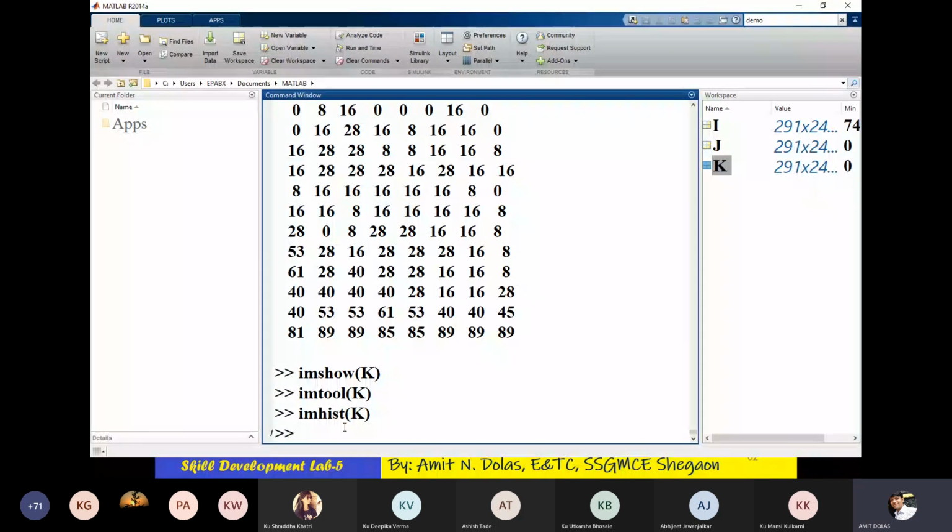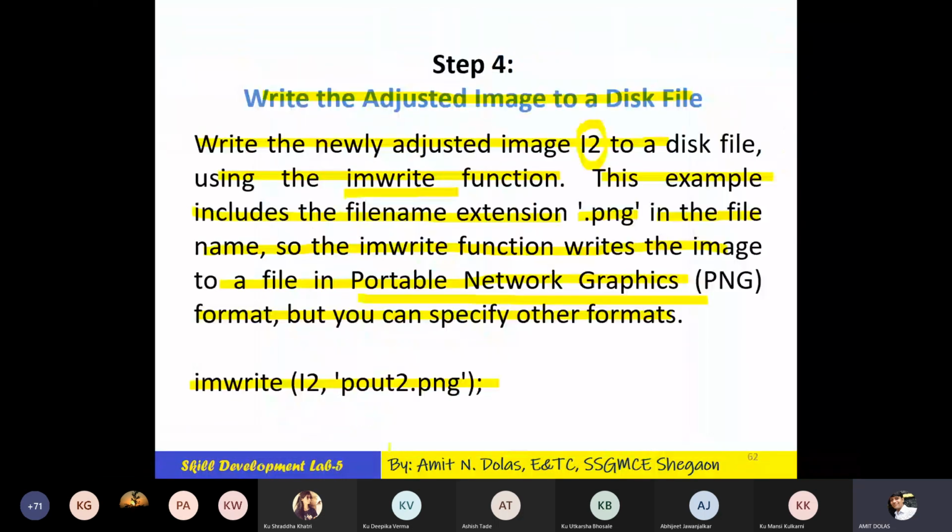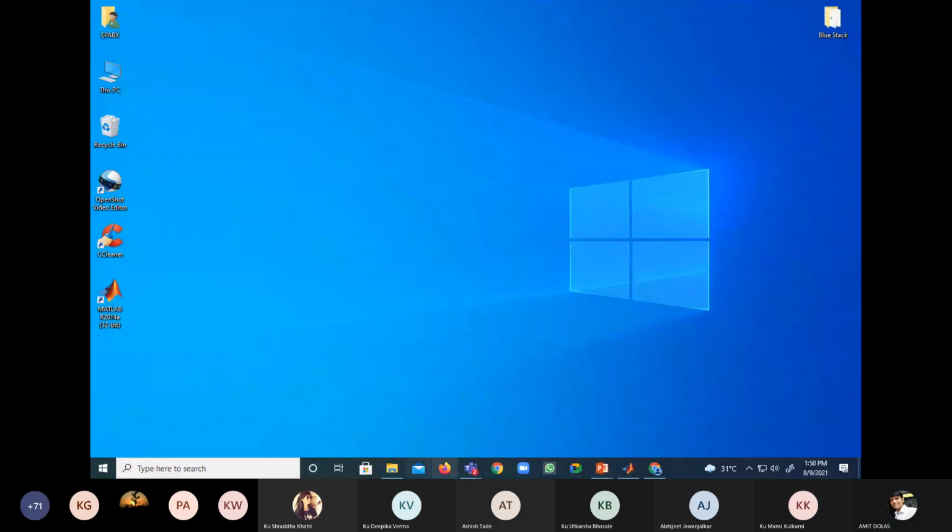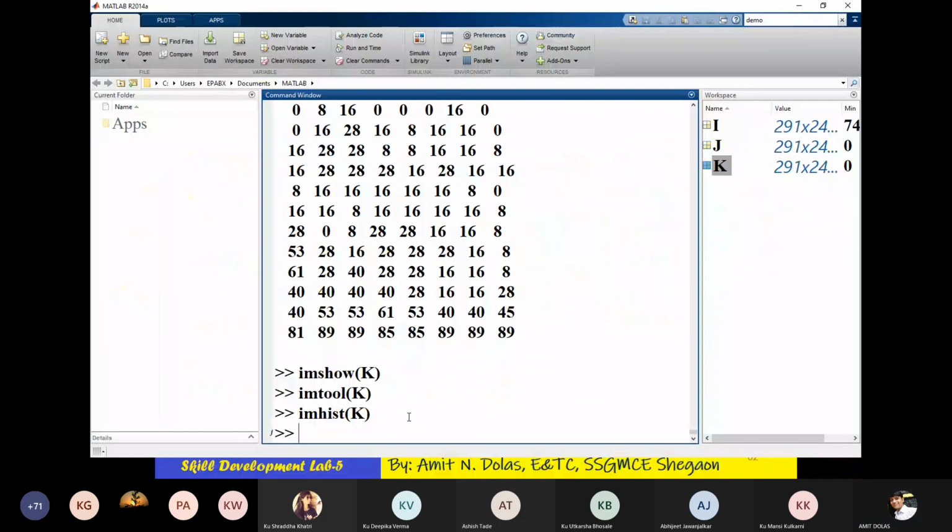So what was that syntax? imwrite in brackets, image name, in our case k, comma, and then we give a new name in inverted commas.